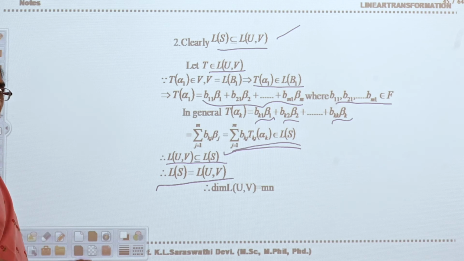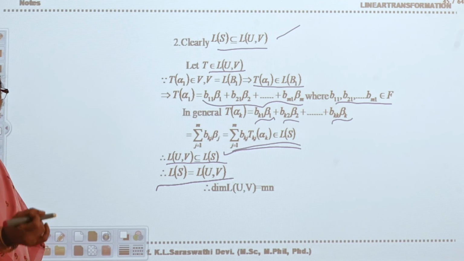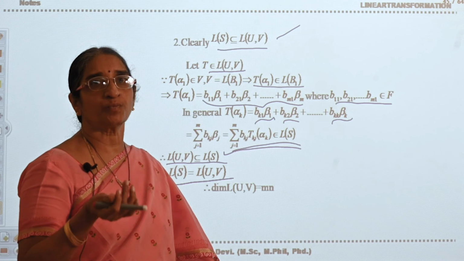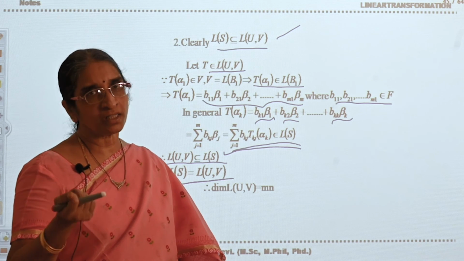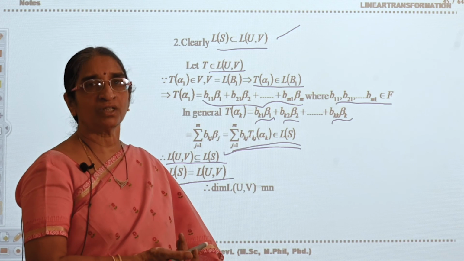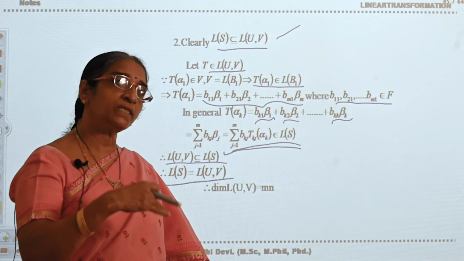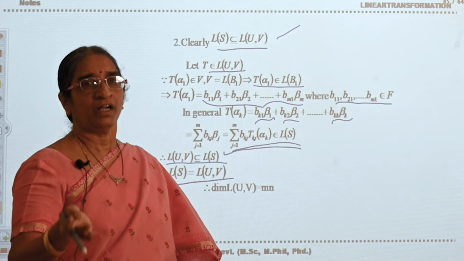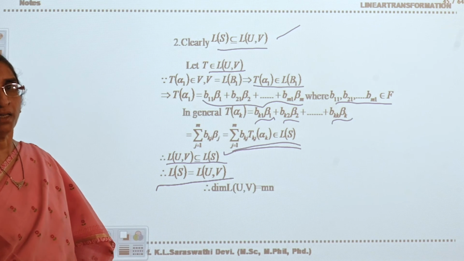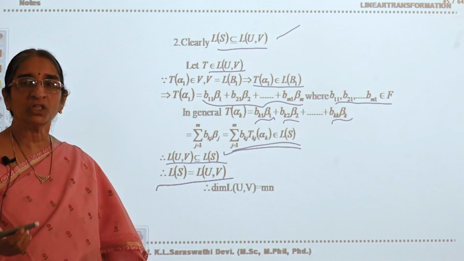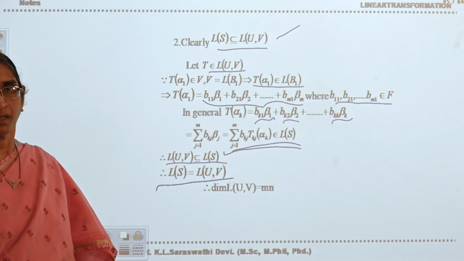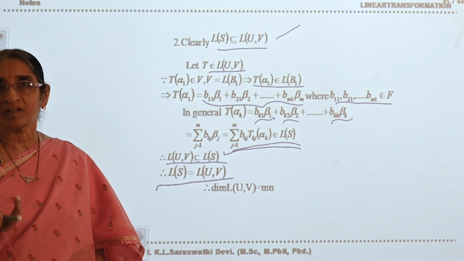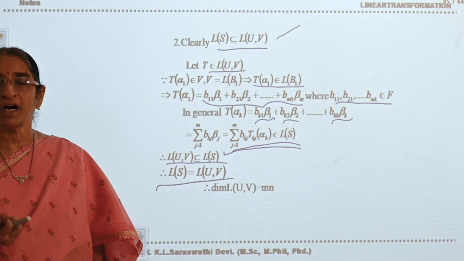Now, in this video, we are able to see two theorems. The set of all linear transformations will form a vector space with respect to the defined vector addition and scalar multiplication. Here what you have shown, the set of all such linear transformations, if U is finite dimensional, V is finite dimensional, dimension of U is equal to n, and dimension of V is equal to m, dimension of L of UV is equal to mn. Here, what are the vectors in a vector space? Linear transformations are the vectors.